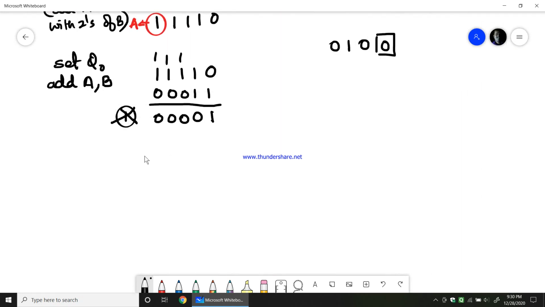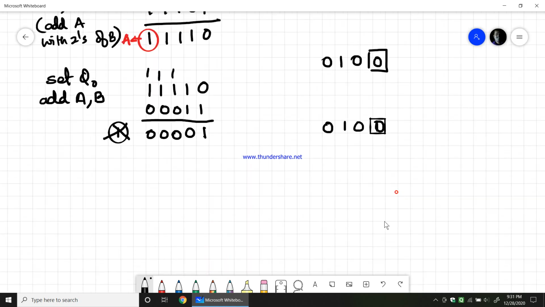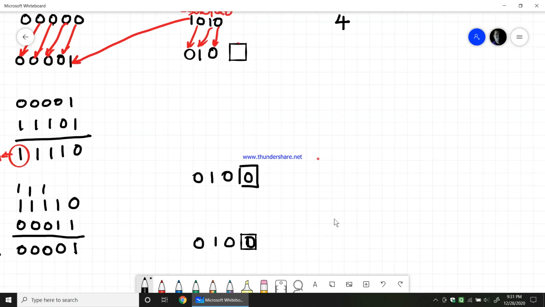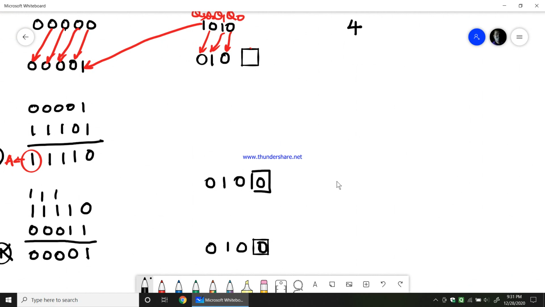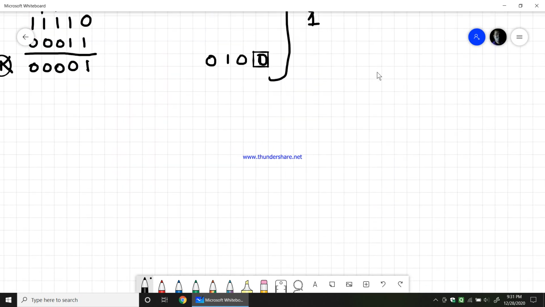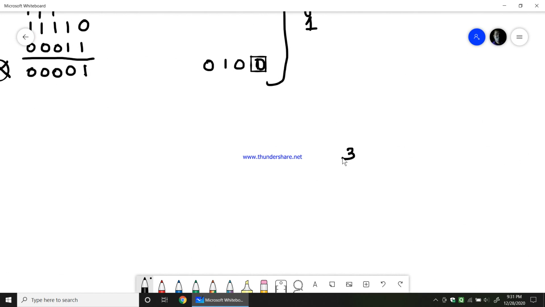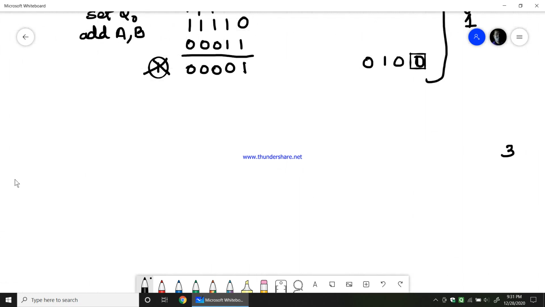Now this would be the new value of a, 0, 0, 0, 0, 1, whereas the value we have will be the new value of q, with q0 as 0. Now till this, one cycle is completed. So cycle 1 is completed. And then this counter value 4 gets reduced to 3. Now it is not equal to 0. Therefore I'll repeat the same steps again that I did in cycle 1.